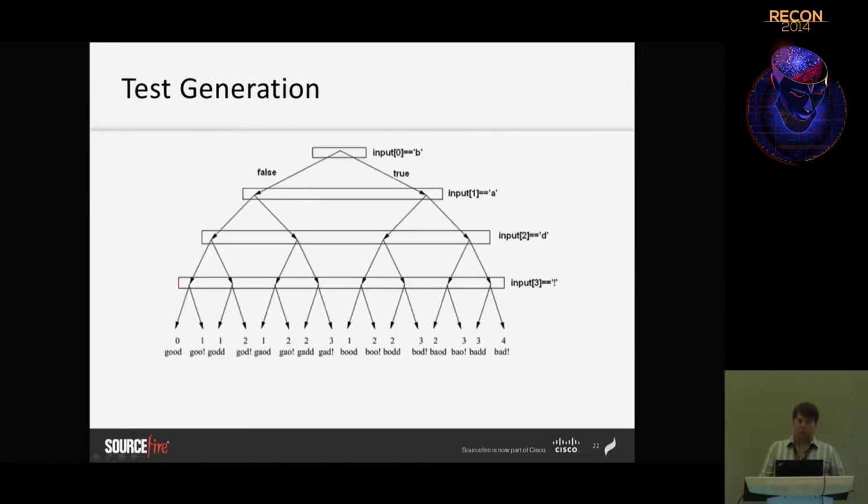Visually, you can represent this, of course, in a code coverage graph, essentially, and this would show where the input on the first condition can be B or it can be not B, and then you take the true or false branch. And it continues to iterate through the data constraints, and you can see at the bottom every permutation from an input that started as good, 4 bytes in a file, good, to the condition. All these new inputs would have been generated as the graph is solved, or the semantic interpretation of the graph of the code is solved,